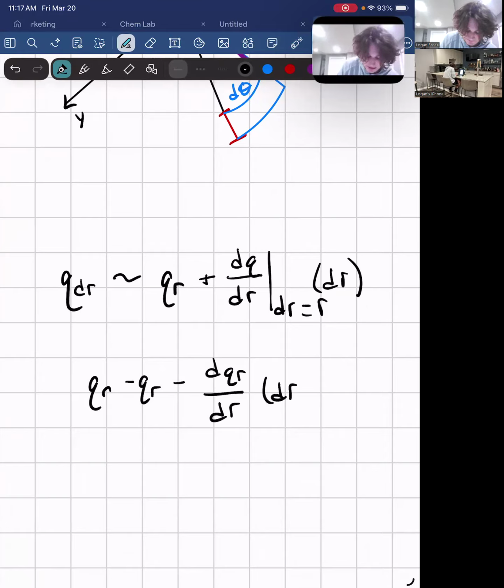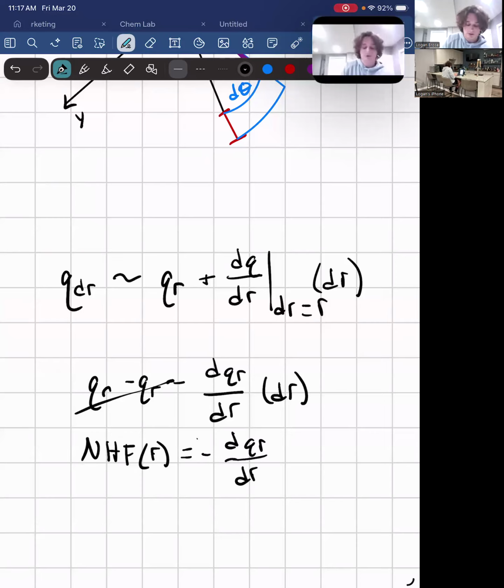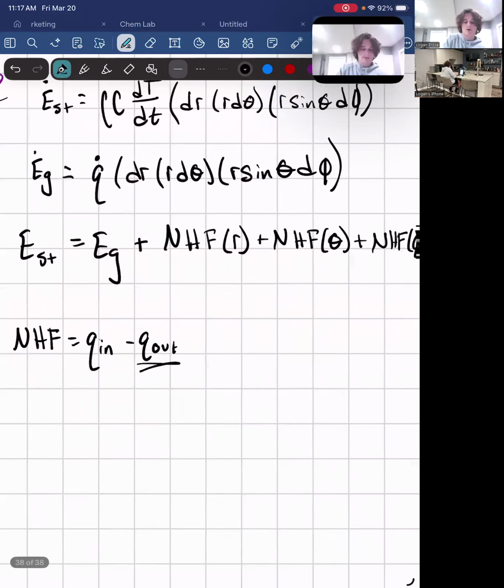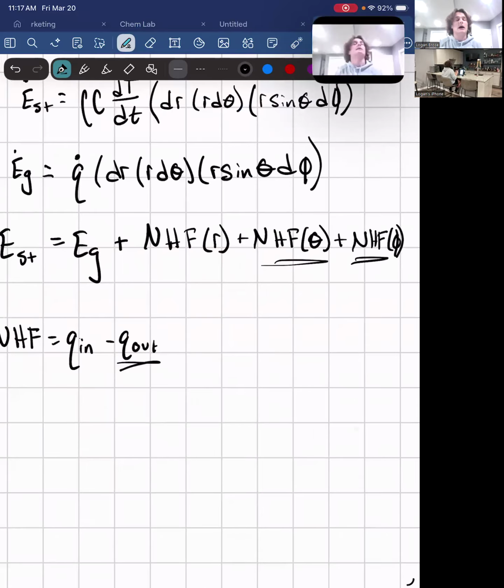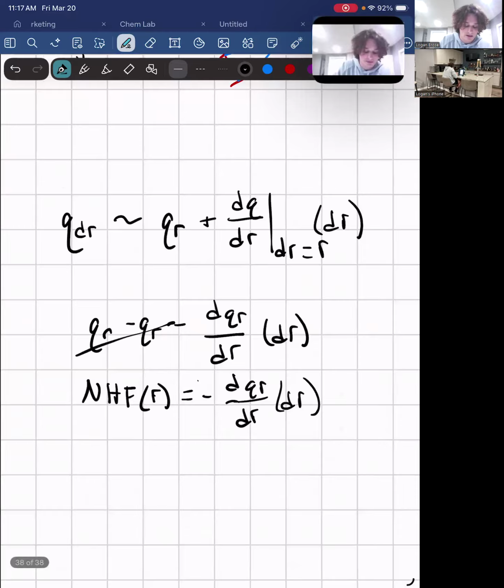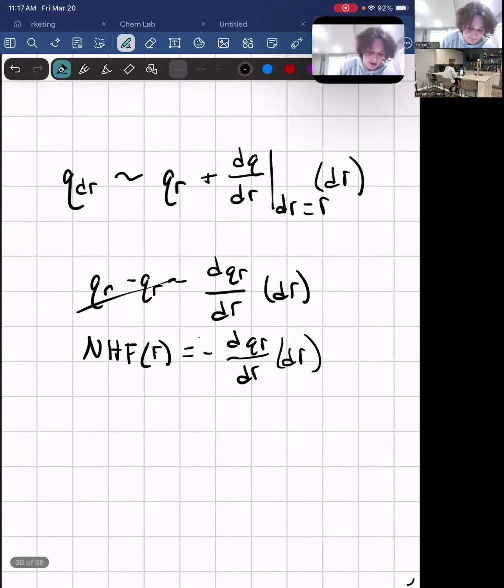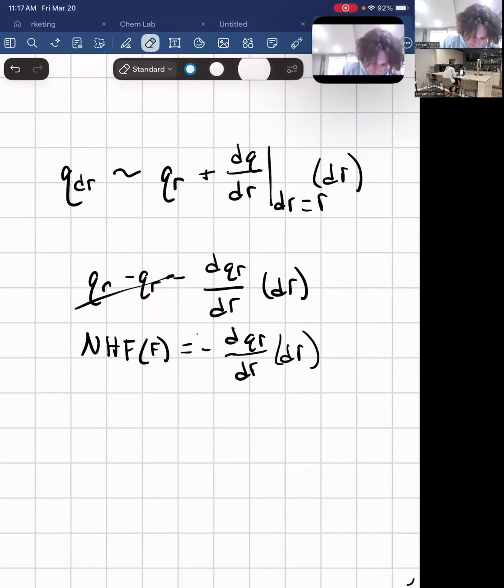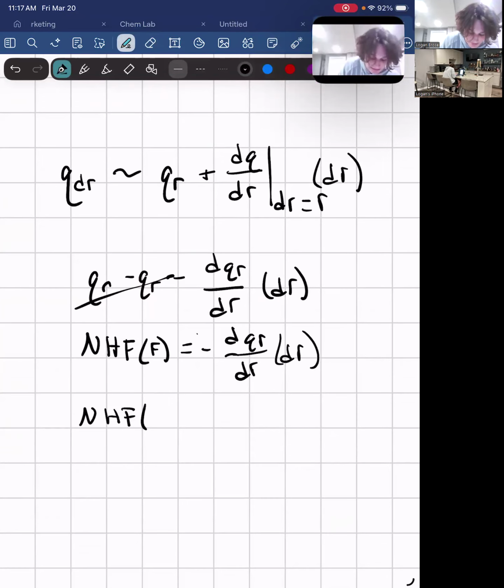dr times dr, right? These cancel, and then we get the equation for net heat flow of R to be equal to the negative change in heat diffusion for R over the differential R times dr, right? And we can repeat that process for all three net heat flows. And I worked it out in the other two videos that we did this in, but for the sake of time,